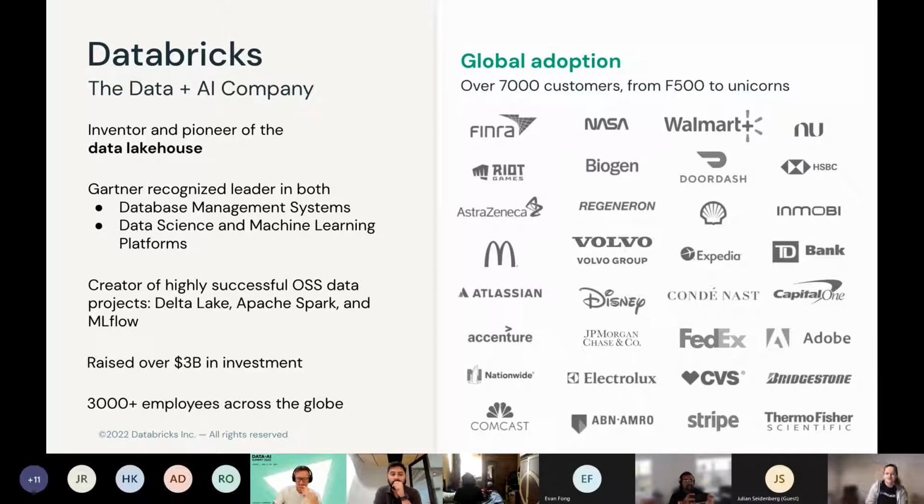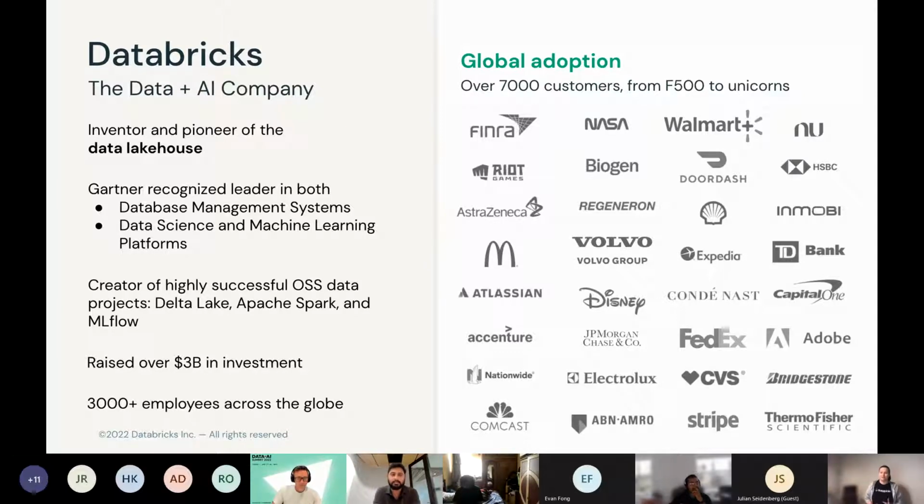Okay. So as Akash has mentioned, I am working at Databricks, and just to introduce you, Databricks is a data and AI company. We are the inventor and pioneer of the data lakehouse, and that's why I'm here to give you a bit of context of what data lakehouse is. And then Srini will take over, to see how we are actually using it, implementing it in Mercury.